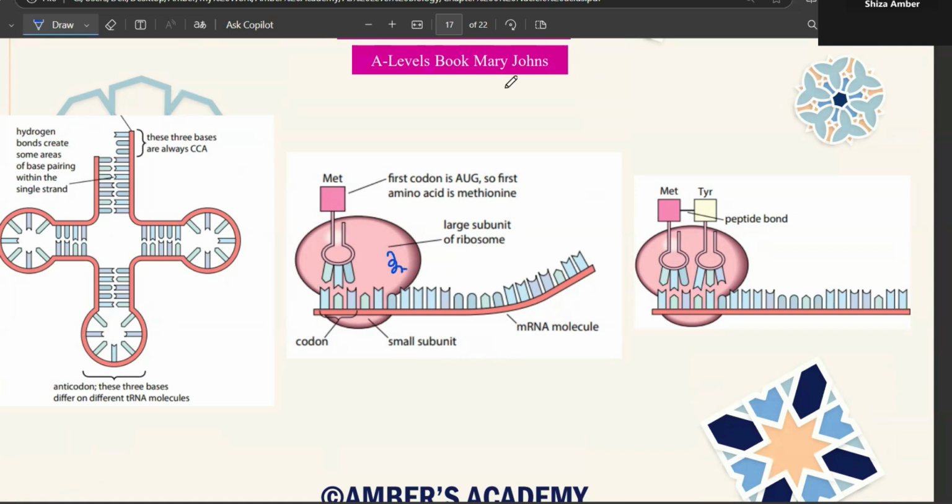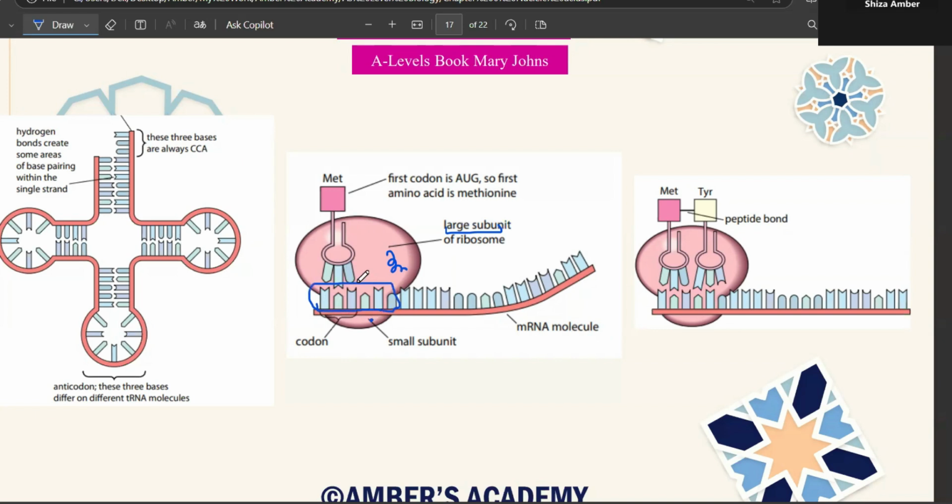And the ribosome has two components: a large subunit of the ribosome, and this is going to be the small subunit of the ribosome. So this is a three-dimensional visual activity, but just understand from this picture, your mRNA is going to attach with the smaller subunit of the ribosome, and there, at a time, 6 bases are going to be exposed of mRNA. So 6 bases are exposed of mRNA at one time.